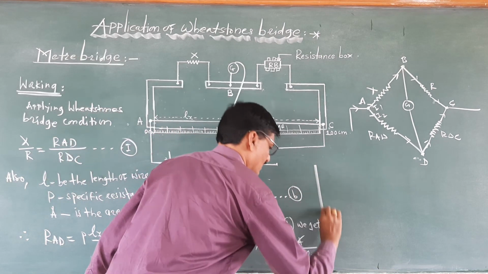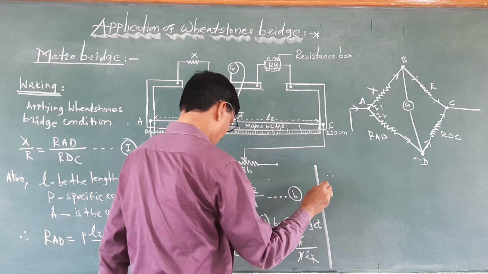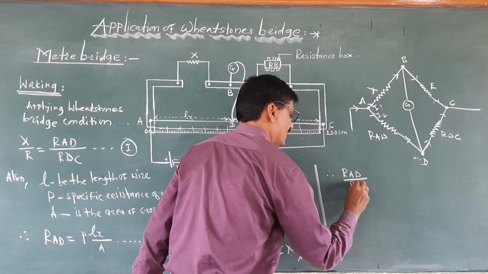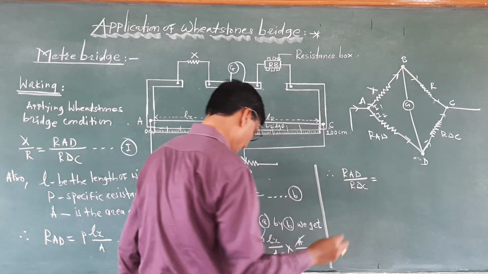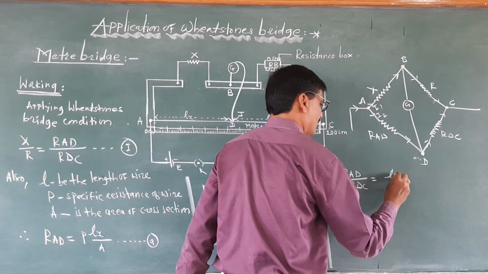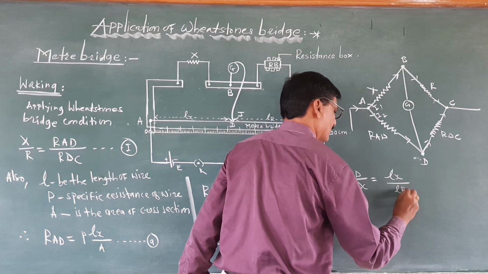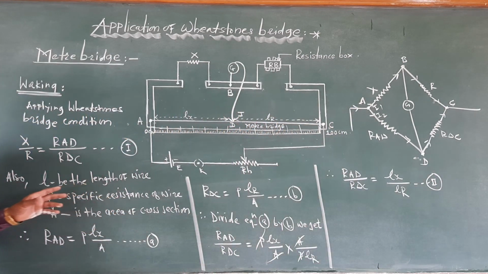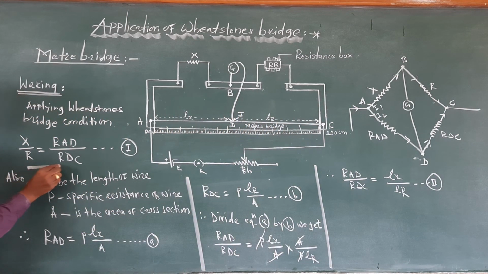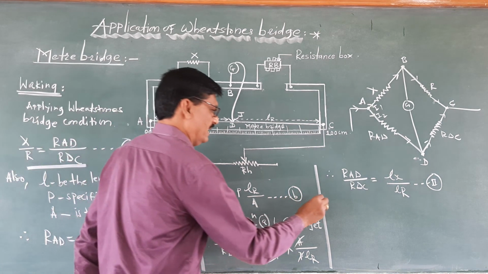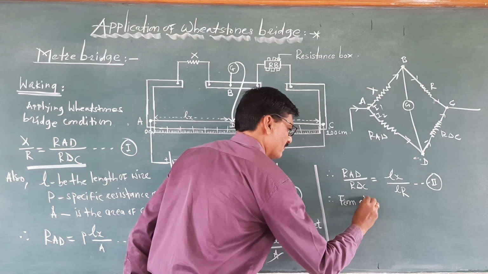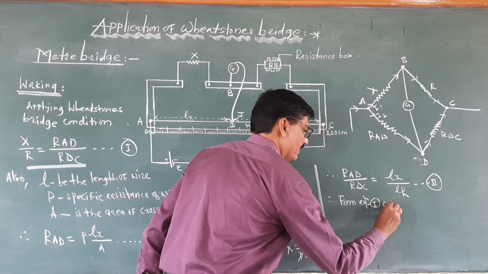Therefore R times AD divided by R times DC is equal to Lx upon LR. This is equation number second. But from equation number 1, R times AD divided by R times DC is equal to X upon R. And therefore, from equation 1, equation second becomes